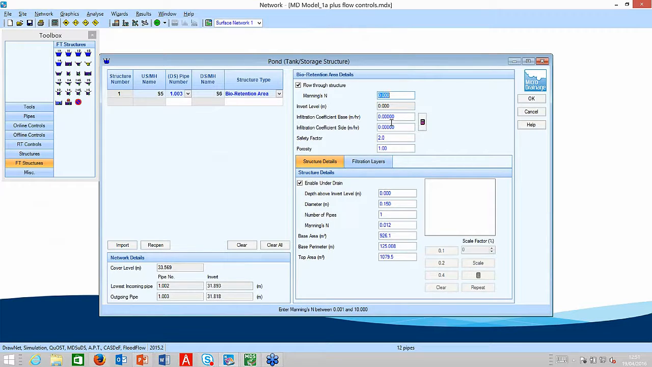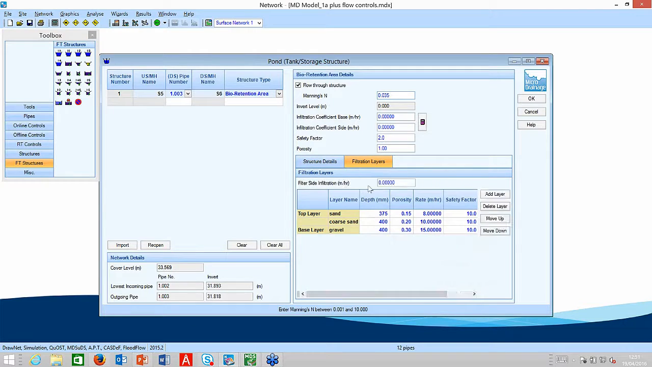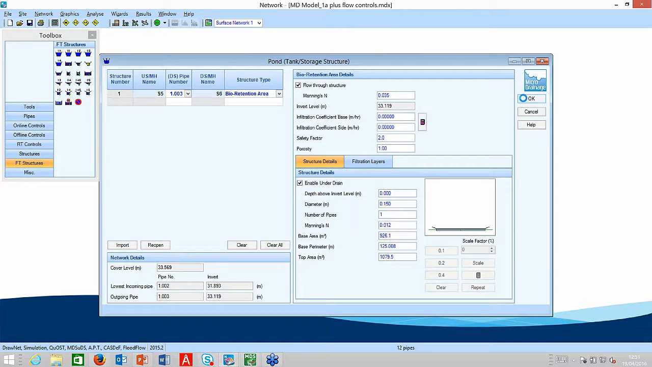I just have to set up the flow through structure. They recommend the vegetative layer. What's the Manning's n of the vegetative layer? It's 0.035 is what they're recommending. I don't have any infiltration, etc. And I've got the under drain information as well as the filter information. Remember those three layers of sand, coarse sand and gravel underneath the depression on the surface? And if I say OK to that,